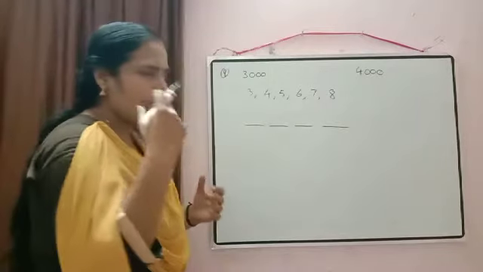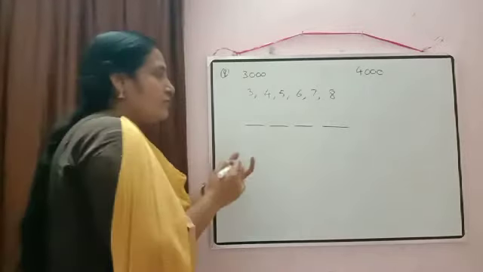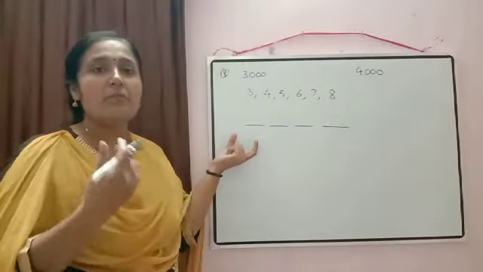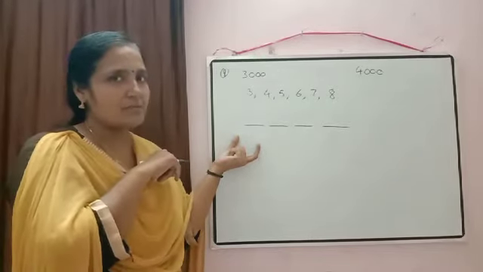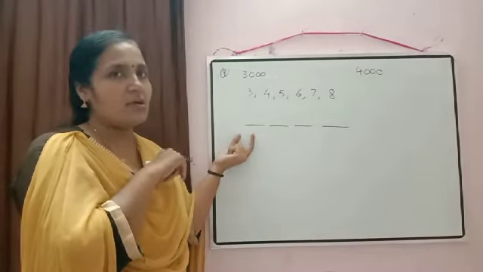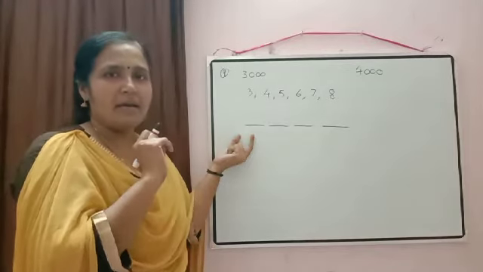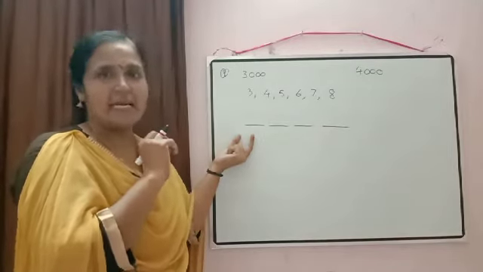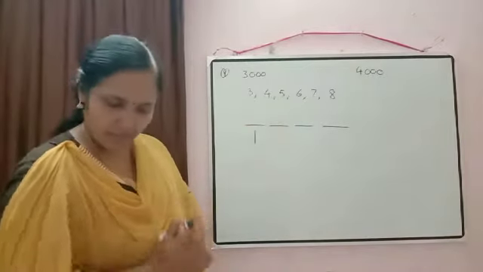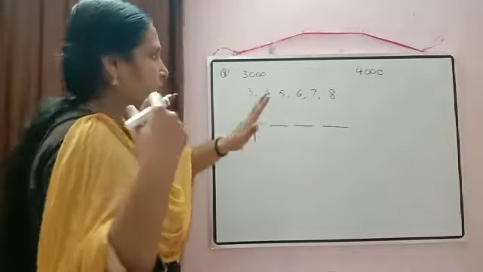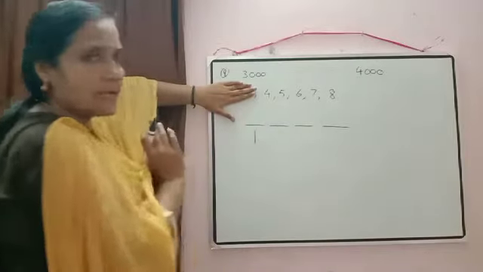Correct? So, are you getting that one? It should be between 3000 and 4000. So, to fill the thousands place, how many options are available with us? Which number can come here? Only one number can come. Which number is that? 3. So this place can be filled in one way only. Now repetition is not allowed, so I filled 3 in the thousands place. Now 3 cannot come in any other place.